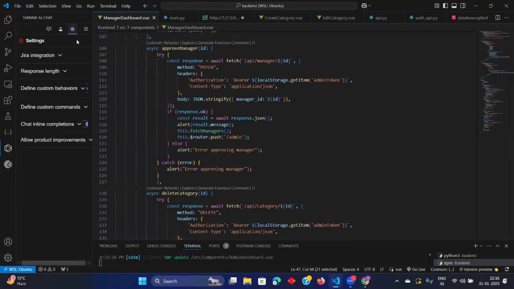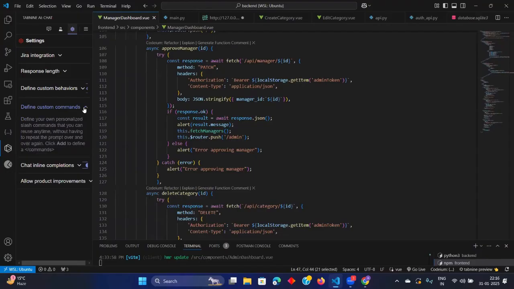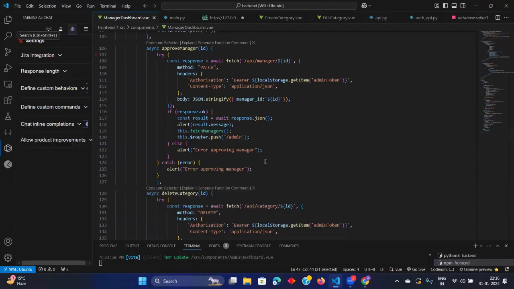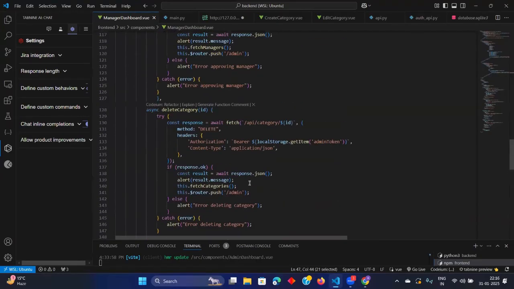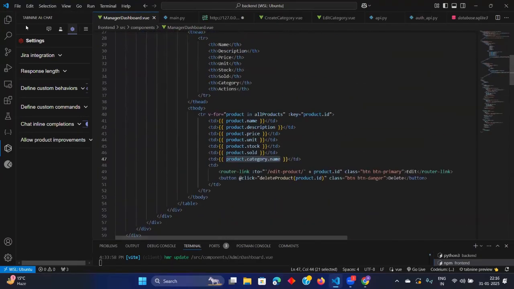I think I closed this chat inline completions. This is the chat input, na? Tab 9 is not coming here.